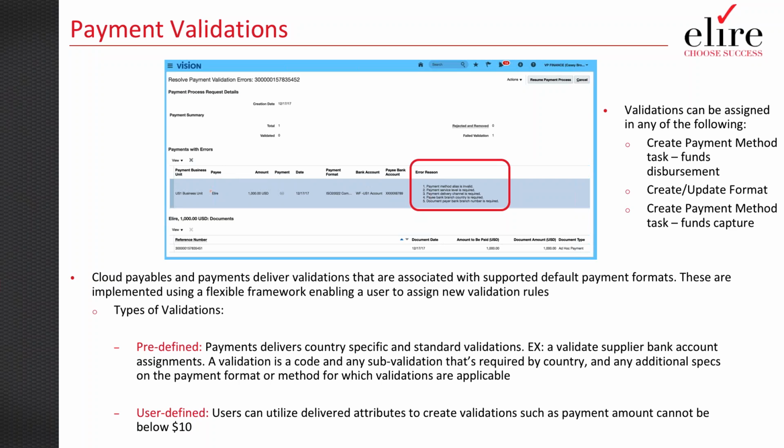Or we have user-defined, which you can go to an external account definition within Oracle Cloud and say, hey, I don't want to issue a SEPA payment for anything less than 10 euros because it costs me 10 euros to process, so I see no point in generating a payment that I'm going to lose money on, and some things like that. You can also set maximums, and you can also have a concept of $0 payments if you're starting to get around sending tax payments and things like that.